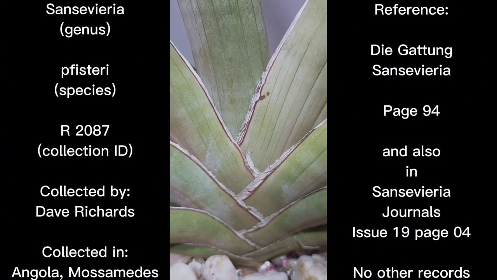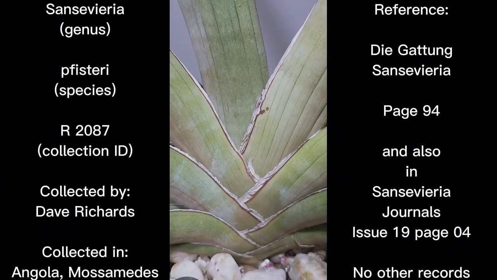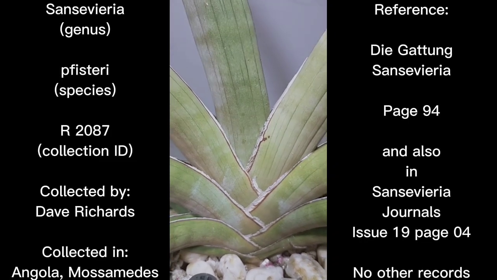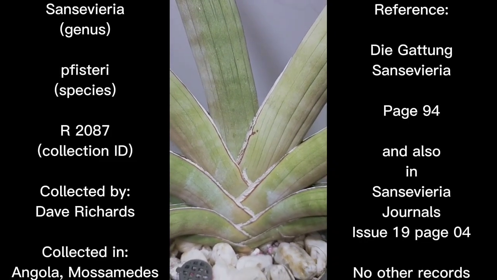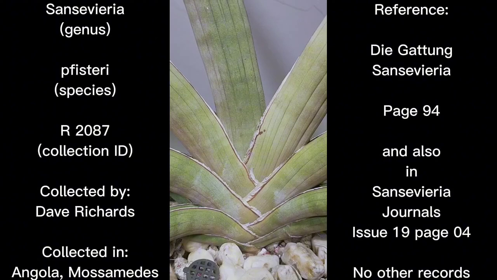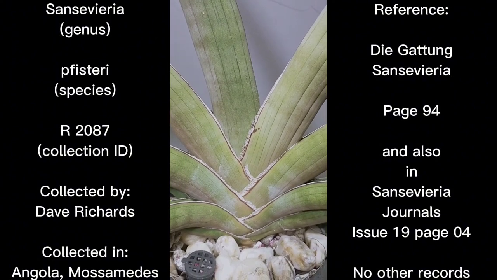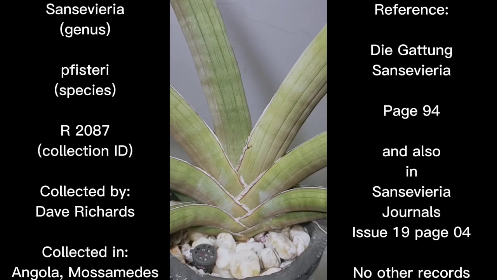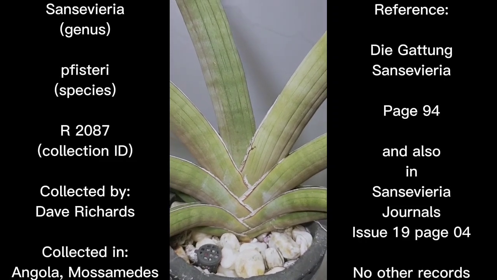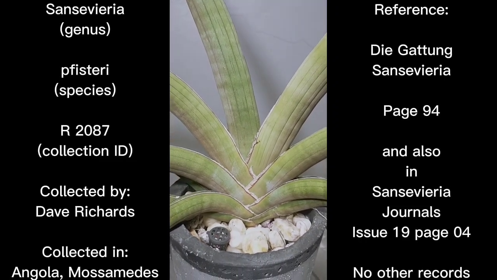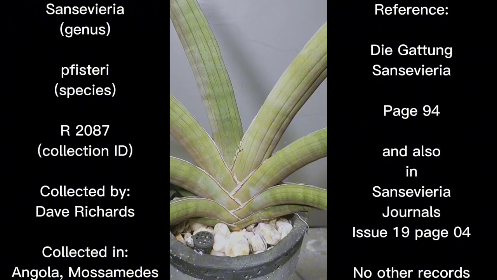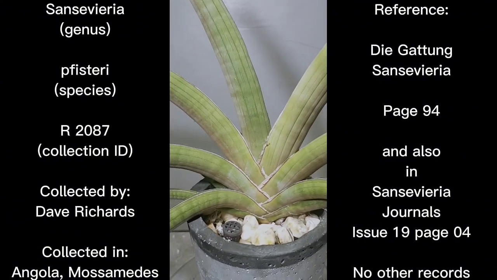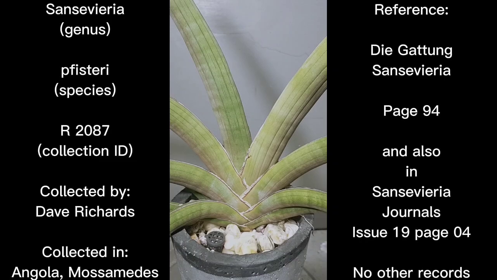For this episode, we're going to feature another Sansevieria species that goes by the name of Sansevieria pfisteri. I'm not sure if I have pronounced that name correctly, but I'll be placing the spelling of the Sansevieria ID on the left hand corner of the content, and going back to the featured specimen that we have, Sansevieria pfisteri was collected